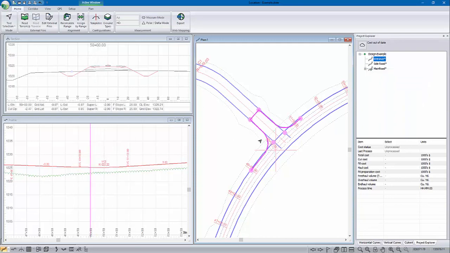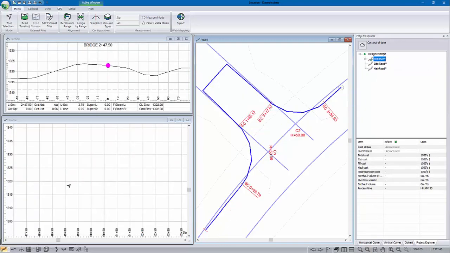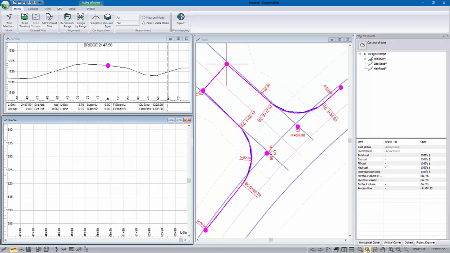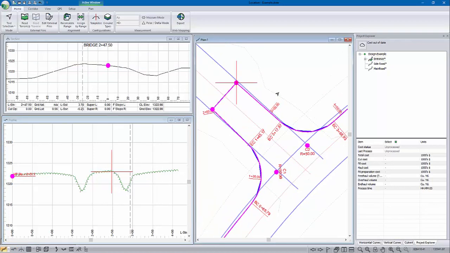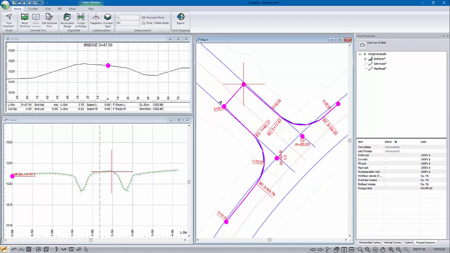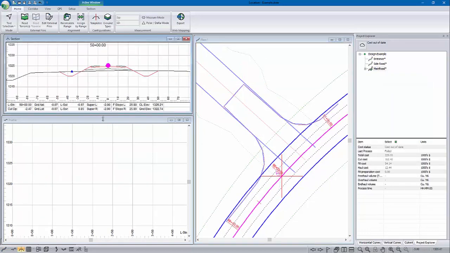Now the entranceway feature does not, in this case, have to have elevations associated with it. If I set it current and look at its profile, you'll see that it just runs along the ground. So it's a single point. I have no reason for this example anyway to create a profile with this entranceway feature. Let's switch back to our main alignment, and what we're going to do is to create a reference feature based